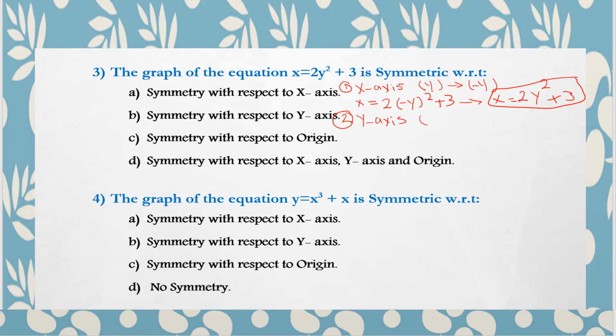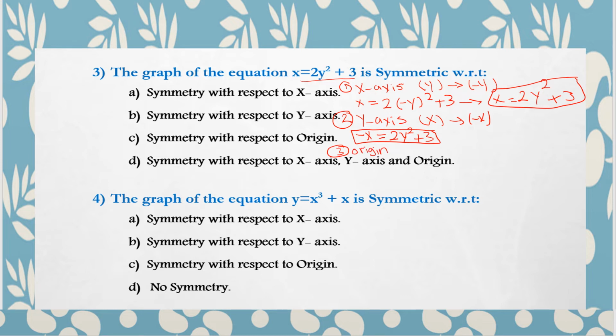and here by replacing the value of x with negative x. So negative x equals 2y squared plus 3. And as you see, this is not equivalent to the original equation, which means this is not symmetric with respect to y. The third test is with respect to the origin,